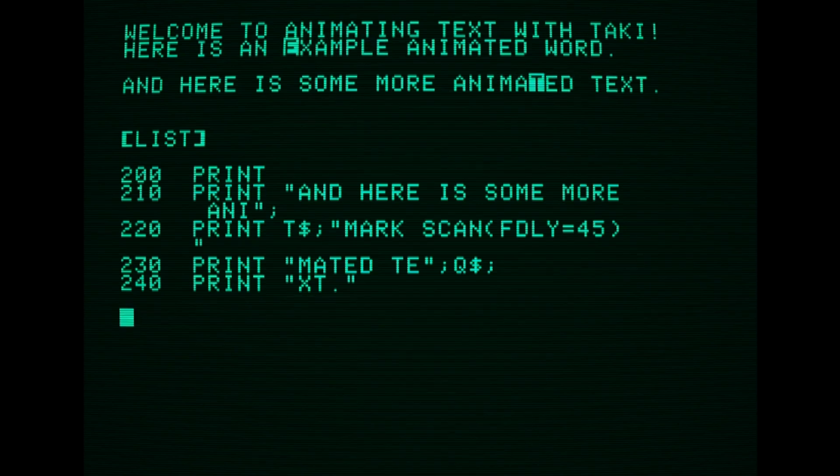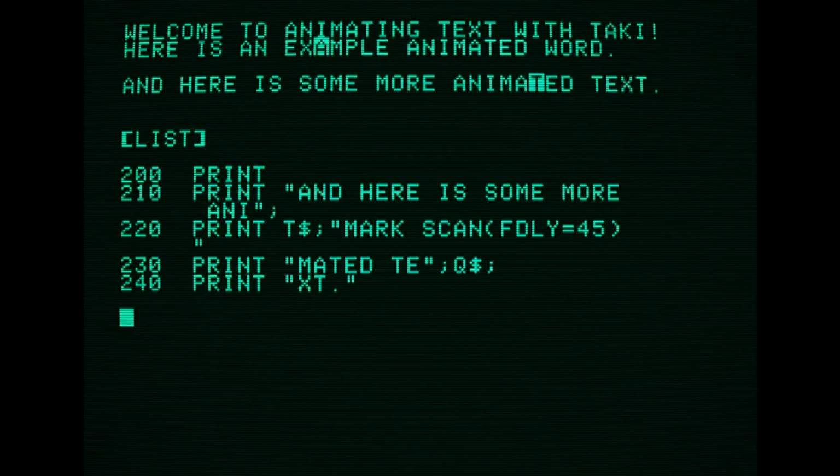Also, something we didn't show earlier, but you can follow an effect name with some parameters in parentheses to modify behavior. In this case, we'll tweak the speed for this effect and introduce a little extra delay between each animation frame. So you can see that this animation is running significantly slower than the first one. Every effect can take the F delay parameter. Some also have other available parameters.